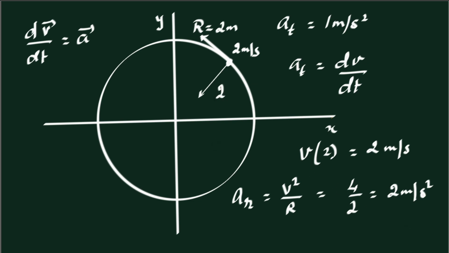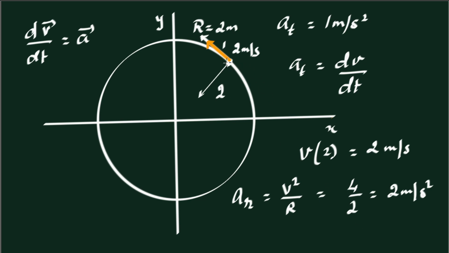Apart from that, it also has a tangential acceleration. Let me try to draw that in a different color so that you don't confuse it with the velocity. So there is a tangential acceleration in that direction. And what is the magnitude of the tangential acceleration? 1 meter per second squared. Which means